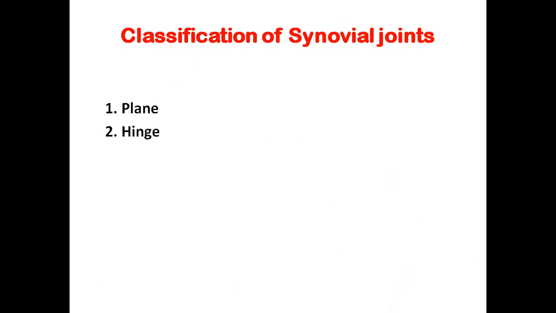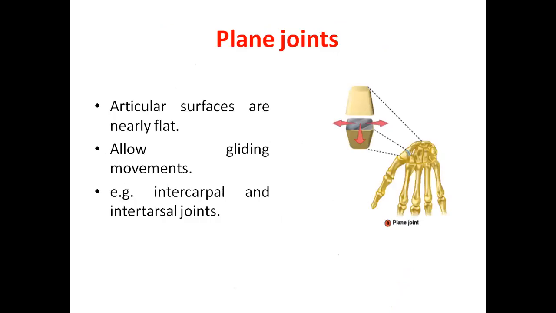Synovial joints are classified into the following types: plain variety, hinge type, pivot, condylar, ellipsoid, saddle, and ball and socket variety. In plain joints, here are the articular surfaces. This is one bone, this is another bone. The articular surfaces are neither concave nor convex, but plane surfaces. These allow gliding movements side to side